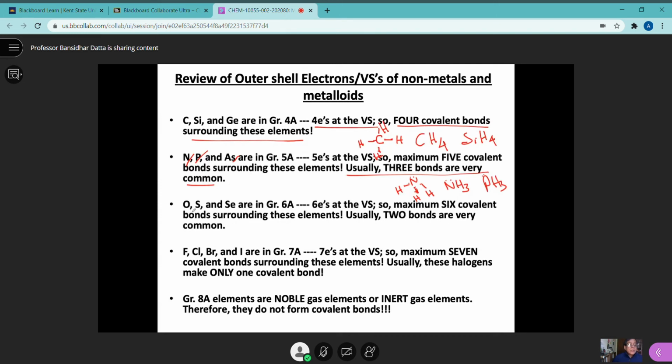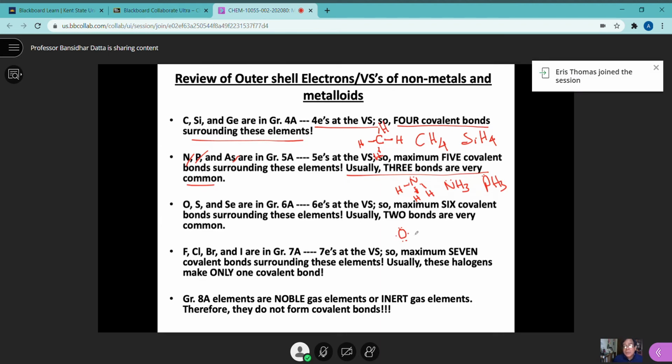So oxygen, sulfur, selenium, they're group 6A. That means they have 6 electrons in the outer shell. So a maximum of 6 covalent bonds you can expect. But usually they make only 2 bonds. Why? Because remember, oxygen has 2 lone pairs, or unbonded pairs of electrons, and you have 2 unpaired, that is our 2py1,